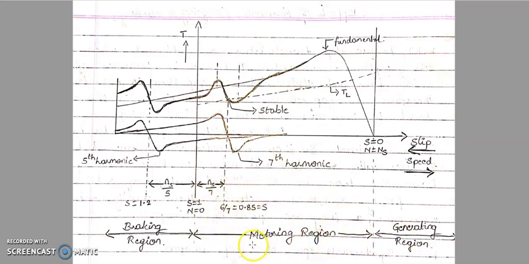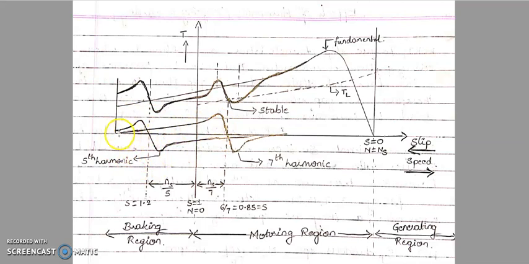Now coming to the fifth harmonic, like I said, it rotates opposite to the direction of the fundamental waveform, so it is drawn like this. You can see this is the fifth harmonic, which is similar to your main fundamental waveform. You can consider only from here to here, it will be stretched into your motoring region as well. So this is your fifth harmonic, which is present in the braking region. Braking region means, always remember, it is opposite to the direction of the rotation of the motor, yes or not? That is why we are drawing the fifth harmonic in the braking region.